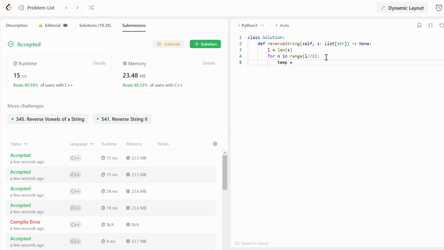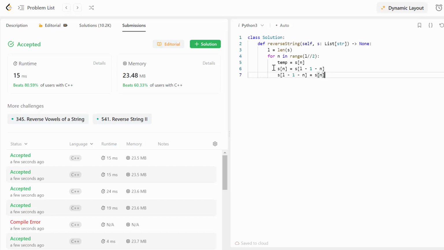I can create a temporary variable and store in the temporary variable the first element of our range. Then I'm going to assign to the first element of my range the last one, s[L - 1 - n], and vice versa: s[L - 1 - n] is equal to s[n].